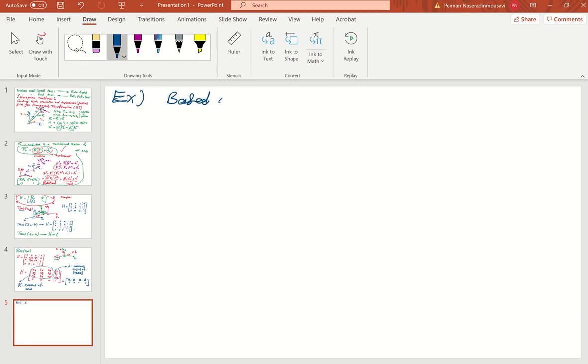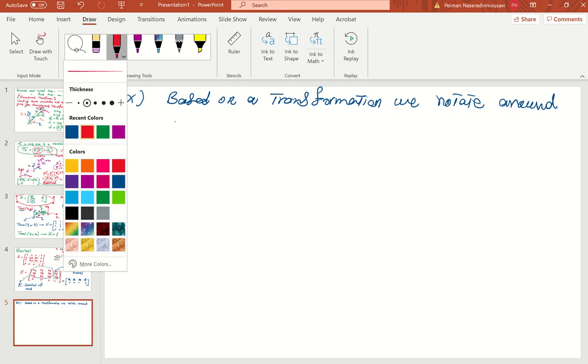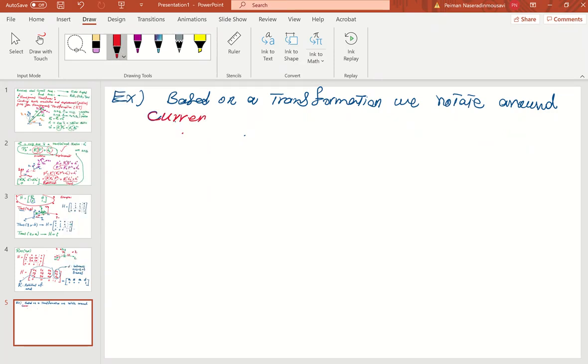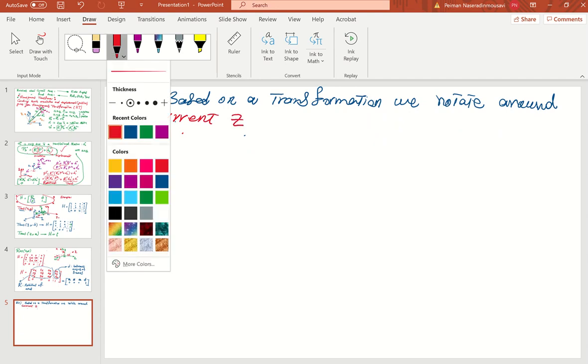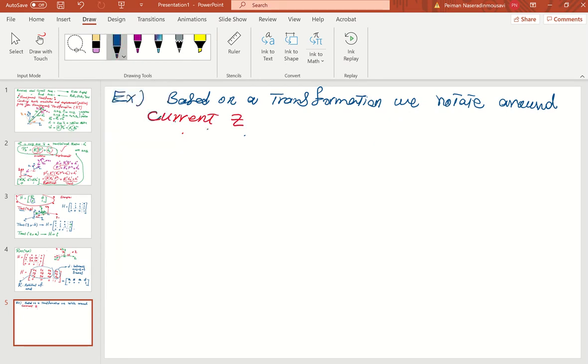Based on a transformation, we rotate around, I'm changing the color because I taught you this, around current X to angle alpha,